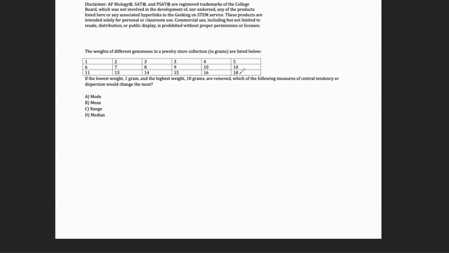Let me explain. They talk about the weight of different gemstones in a jewelry store, and they list a bunch of numbers here. I want you to note that this is an even number of values. If you see here, you have 3 times 6, which means that you have essentially 18 values. And I point this out as a fast way to, instead of going 1, 2, 3, 4, 5, 6, count them. They don't really tell you the total number of gemstones that are provided, but you're going to know